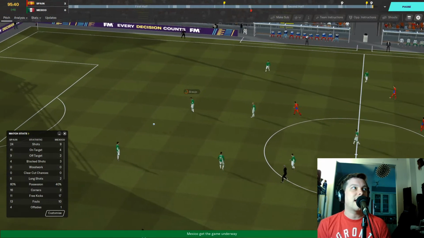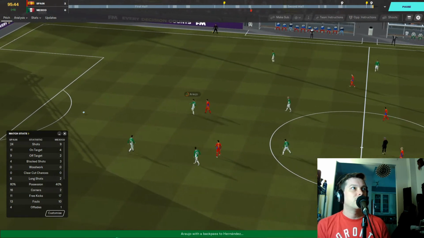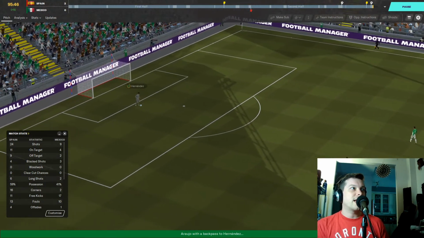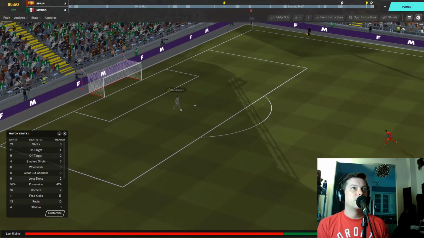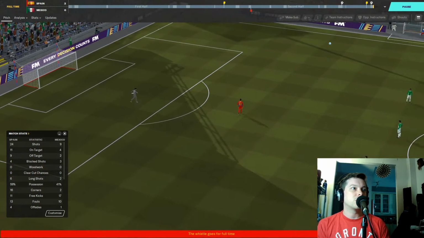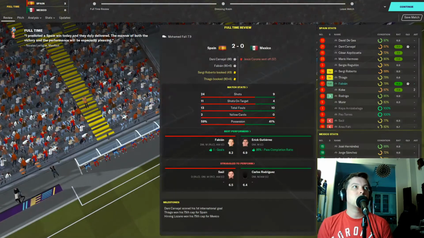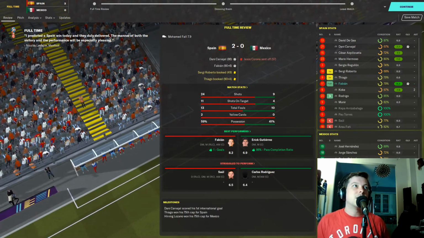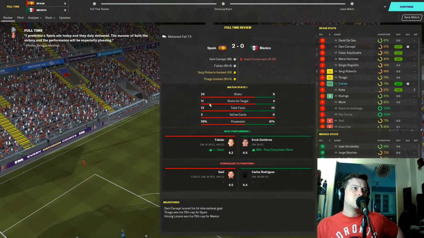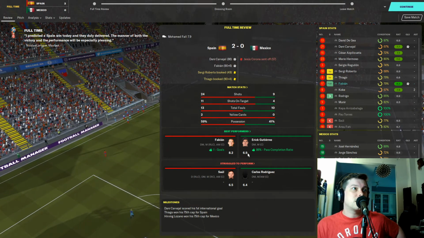And that is the end. Just about here. The ref's going to blow the whistle. Arroyo goes back to Hernandez. The goalkeeper, he's going to hold on to the ball. And they're just waiting for the ref to blow the whistle here. And there it goes. 2-0 victory for the Spanish. And they are the bronze medalists in the 2022 World Cup. Spain over Mexico, 2-0. 24 shots to 9 for Spain, 59% possession.